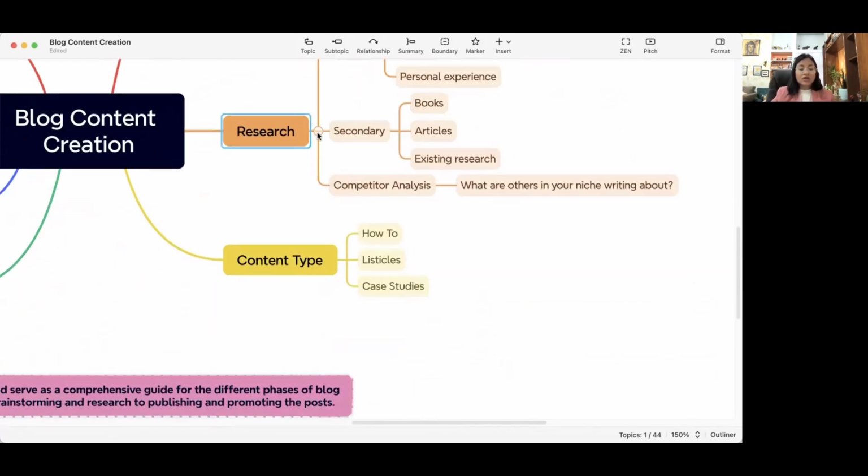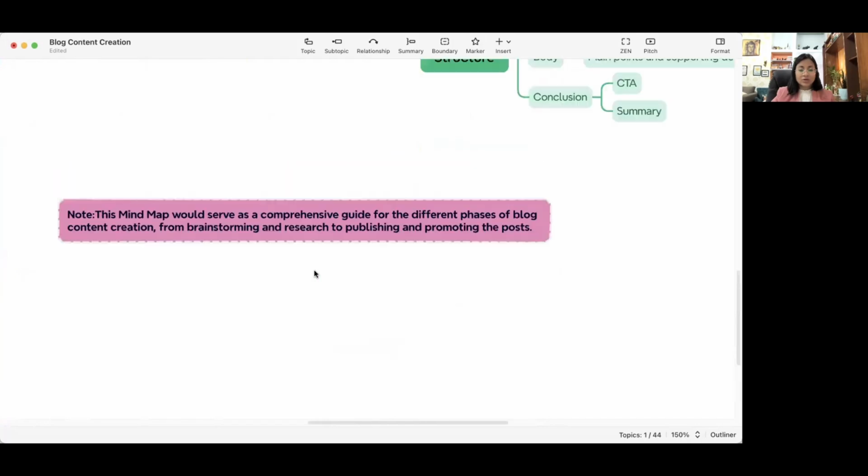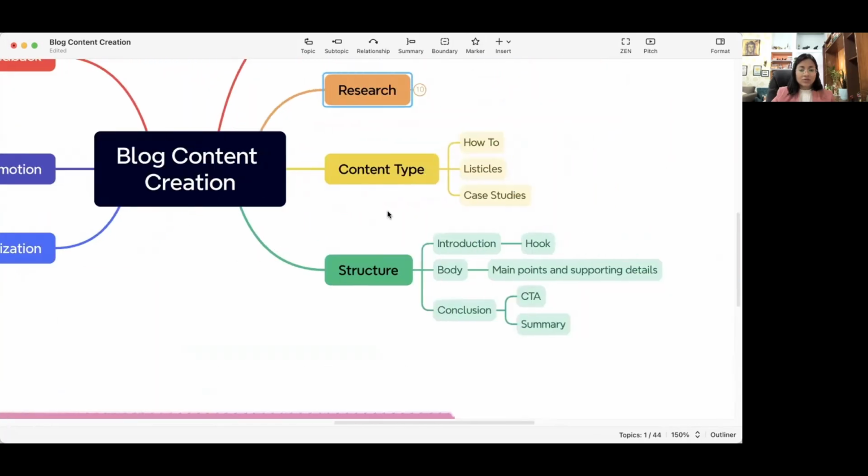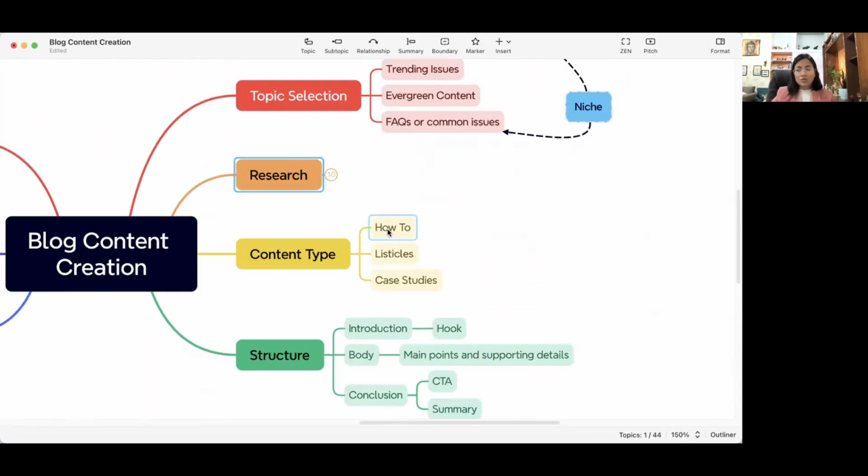Next is what kind of content you want to create. So for example, you say what kind of content I want to create. It could be how to do this, how to do that. So in your niche, whatever how-tos are there, you could create that. You could create some content where there are some bullet points and maybe a story. You could share some case studies in your content. So it could be just anything.